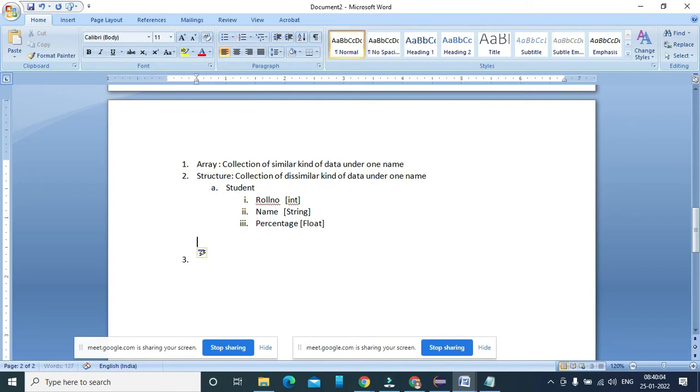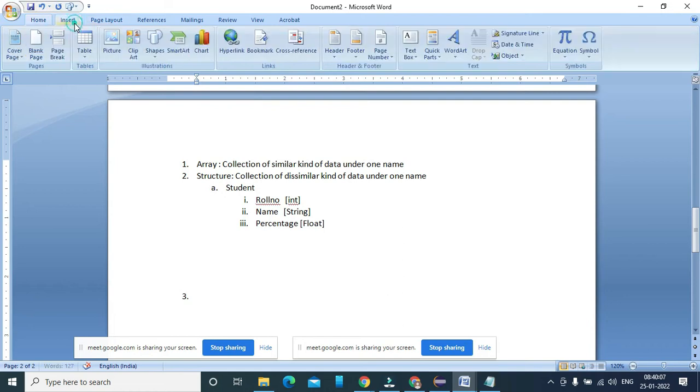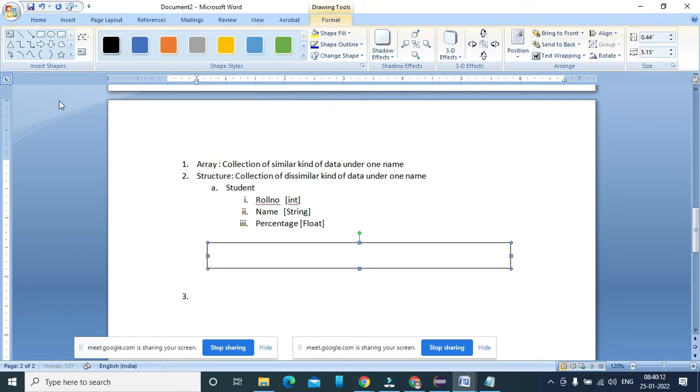In that case I'm going to create an array of dissimilar kind of data. So this is my student object. Whenever you create the student object, the roll number is an integer kind, which occupies 4 bytes. Then some x bytes are reserved for the name, using some number of bytes to store it.